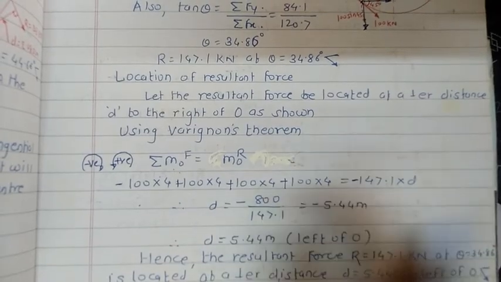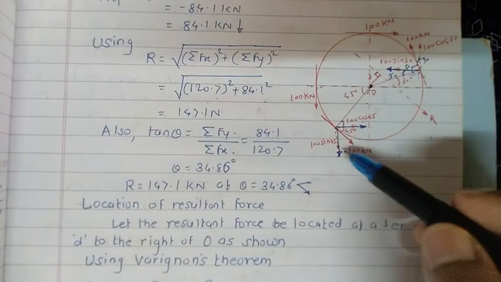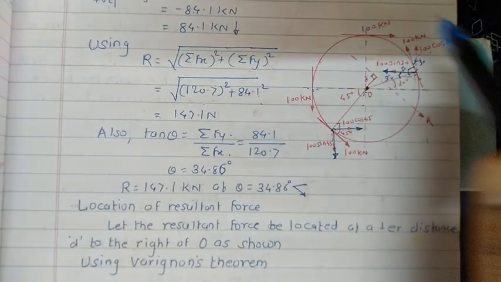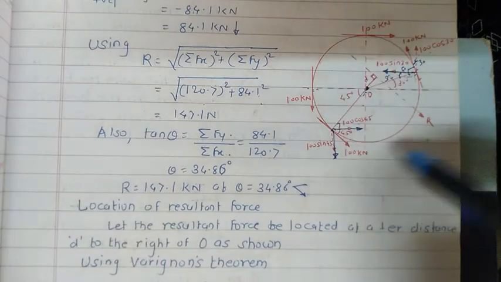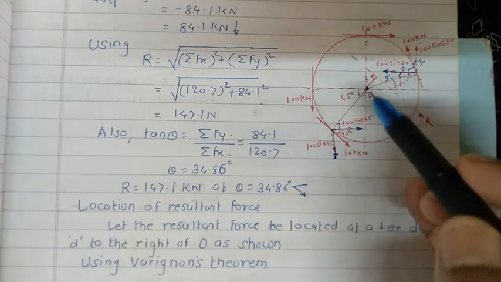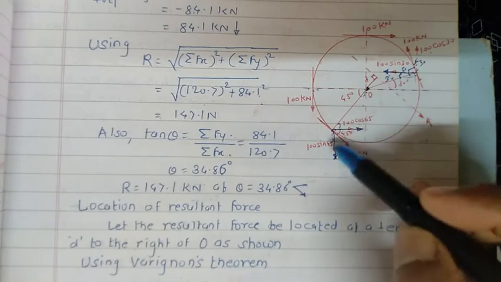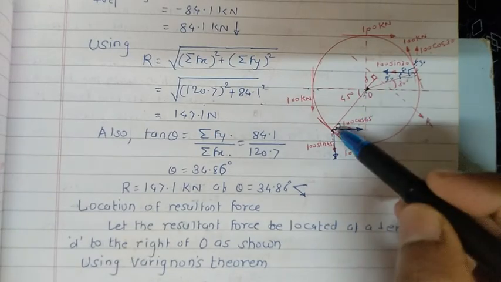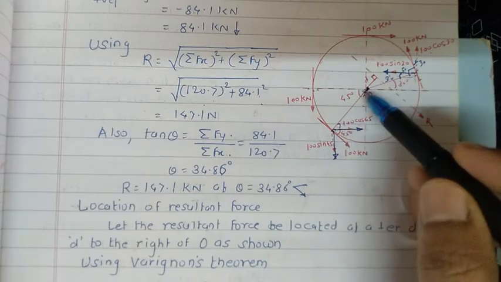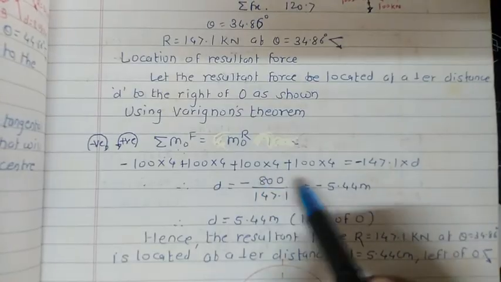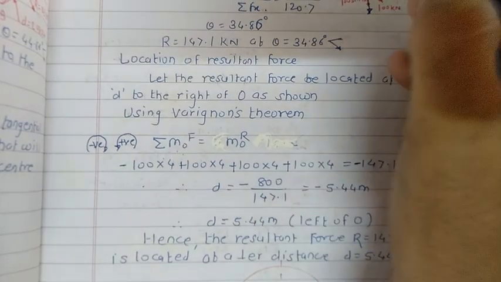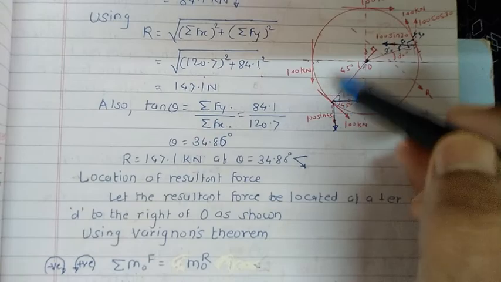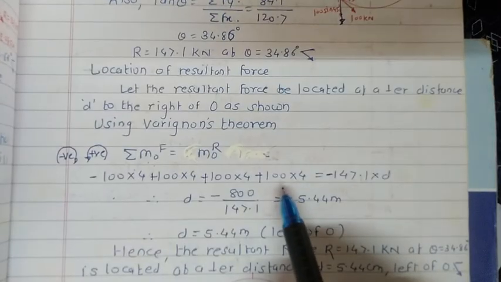Similar with the next case. The next force is here. The tendency of this force to turn about this point is once again in the clockwise direction, so give the minus sign. We have 100 kilonewton separated by the radius distance, again 4 centimeter. That's why this step is written like this. And the last one is here. Again, this force turns about this point in the anti-clockwise direction, so the last term will come 100 multiplied by 4.